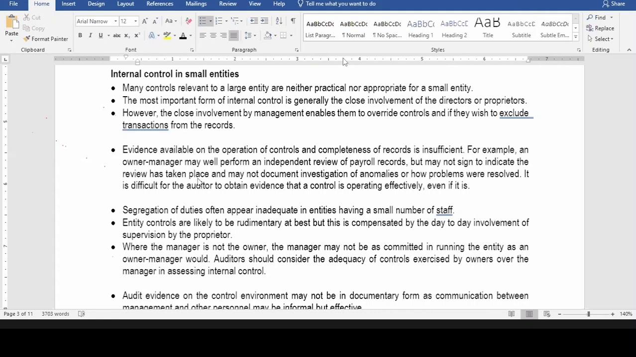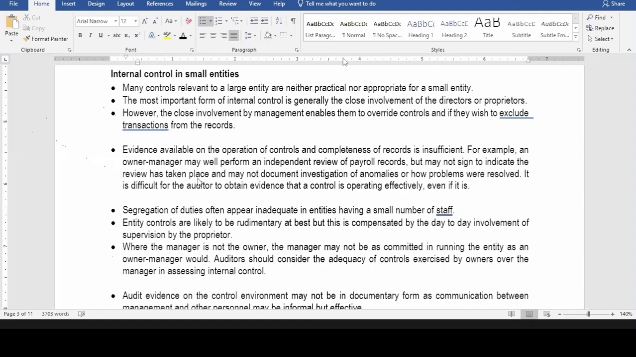Or if there are issues, he may investigate and handle them verbally. So you cannot follow what took place. It is difficult for the auditor to obtain evidence that a control is operating effectively. And if somebody has not signed, and yet signing is a signature of authorization, there is a problem in a small firm. Now, segregation of duties may be inadequate, as many of these entities have a small number of